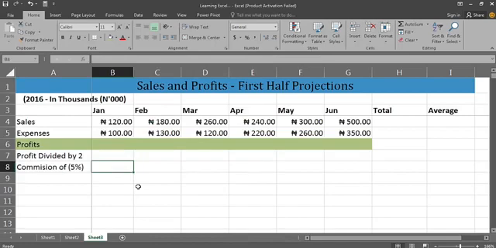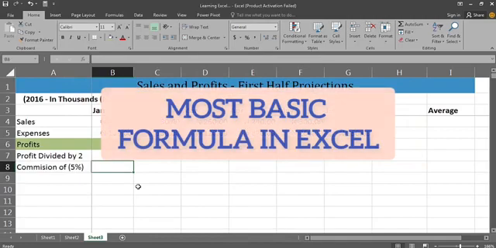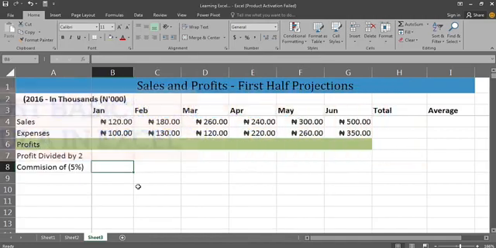Now in today's lesson we'll be looking at the most basic formulas in Excel. In the last lesson we looked at cell referencing, making use of absolute referencing and relative referencing, and how to reference a value between different sheets in a workbook. Now in today's lesson we'll be looking at the most basic